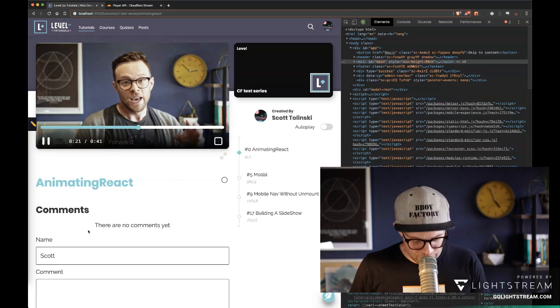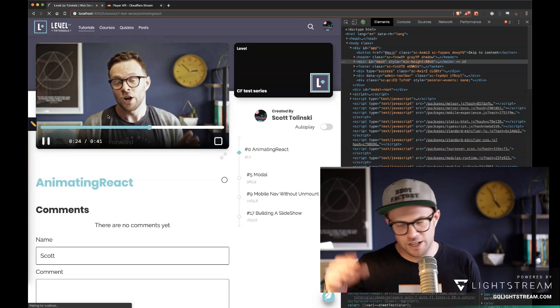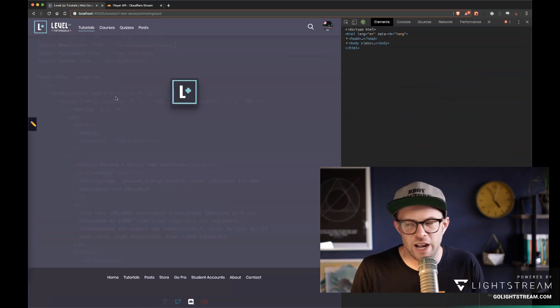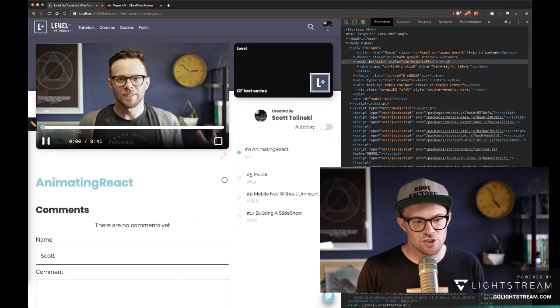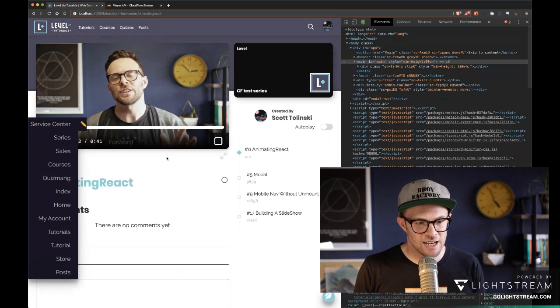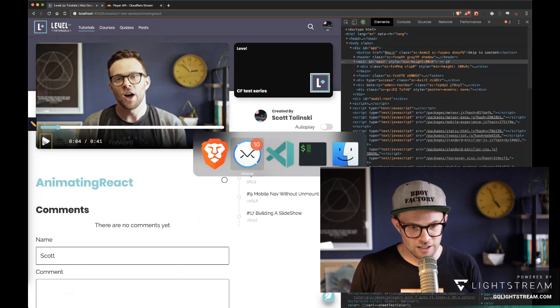Okay, so you can see when I click on that neat little animation, it falls down, right? And that's being done all through React Spring with just a quick state toggle. Is the video playing? If the video is playing, drop down. And once again, that toggle is just being done via